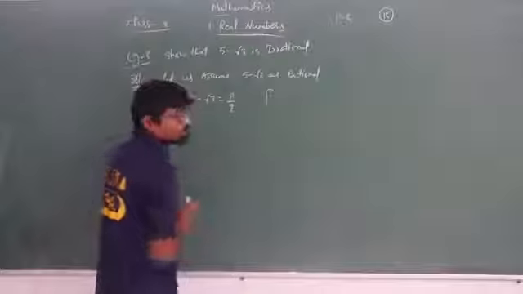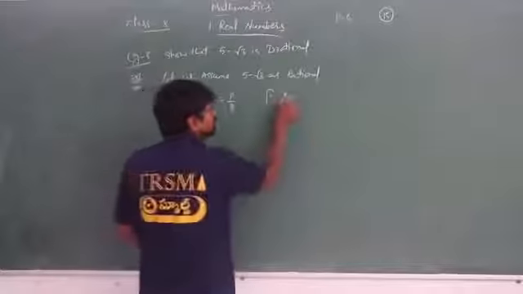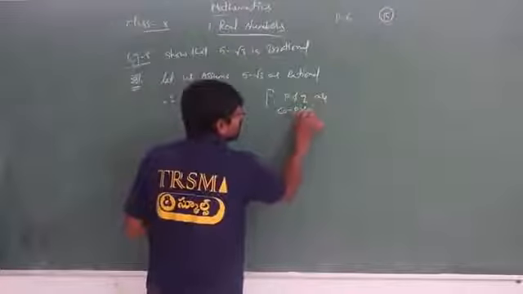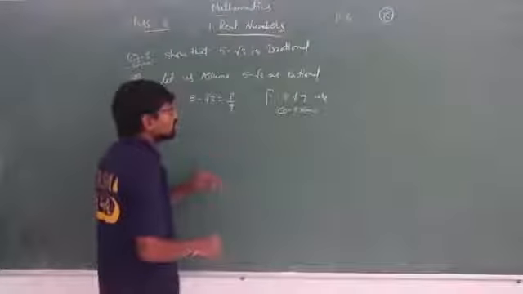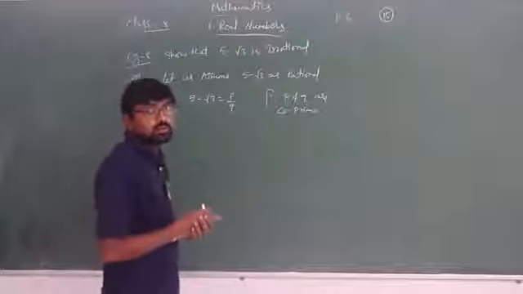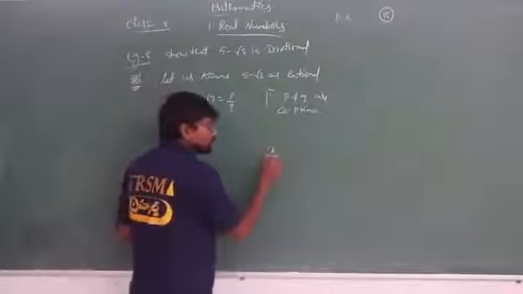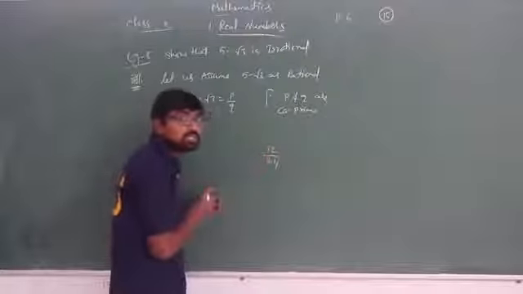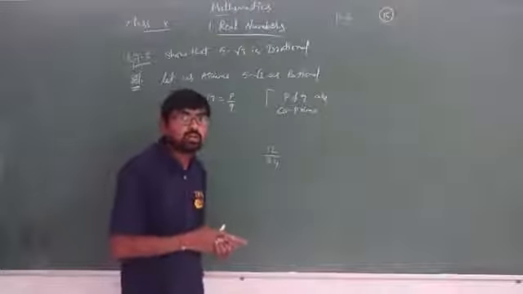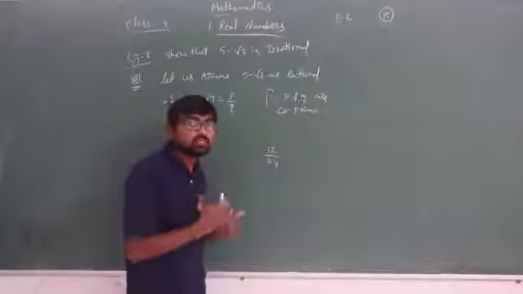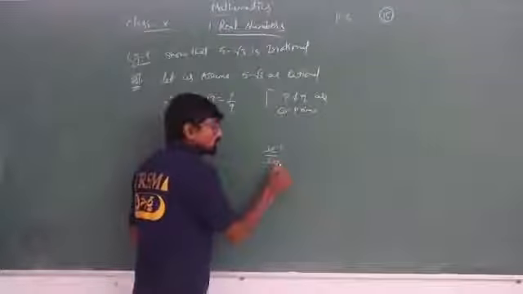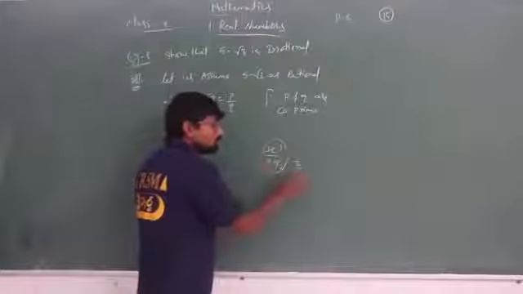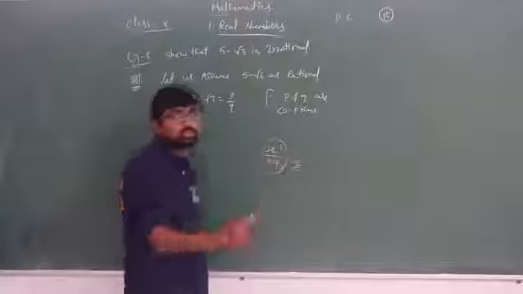Since, as I have told you, P and Q are co-primes. Why? Whenever we get a number in the form of P by Q, say 12 by 24, first I need to check whether they are both divisible by any common number. That is, the HCF should be 1 for these two numbers. 12 ones are 12, 12 twos are 24, so here I am getting 1 by 2. It is not in the simplest form, so we need to first convert that into the simplest form.